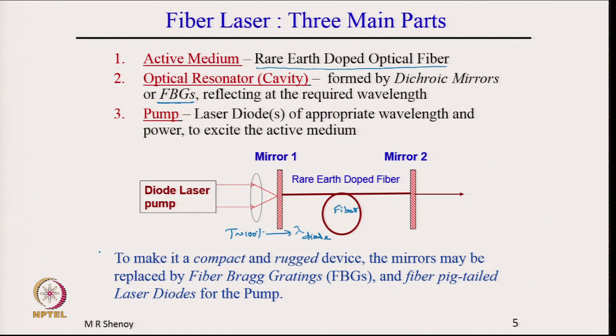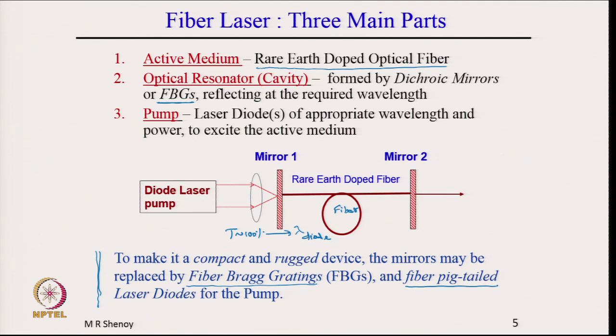To make the laser compact and rugged, the mirrors may be replaced by fiber Bragg gratings, because what is shown here are two bulk mirrors and the fiber in between, whereas fiber Bragg gratings are also in the form of optical fibers. They are optical fiber components, and the fiber Bragg gratings can be spliced, can be joined to the rare earth doped fiber. We will discuss more about this later, and instead of having diode lasers and a lens here for focusing the pump beam,